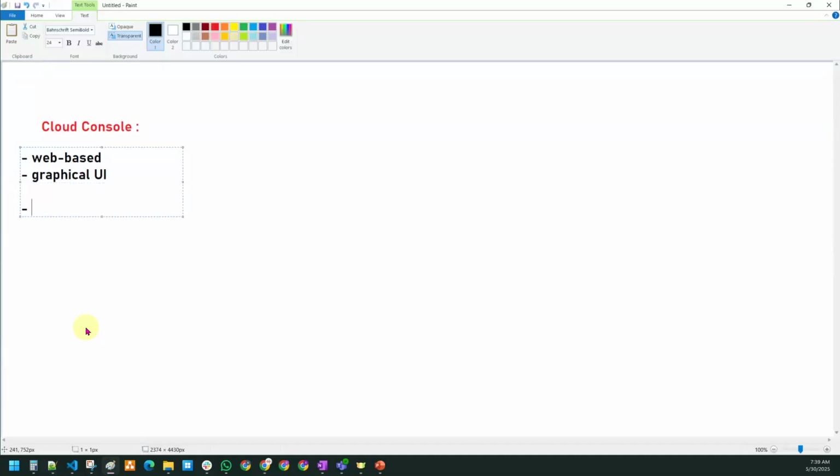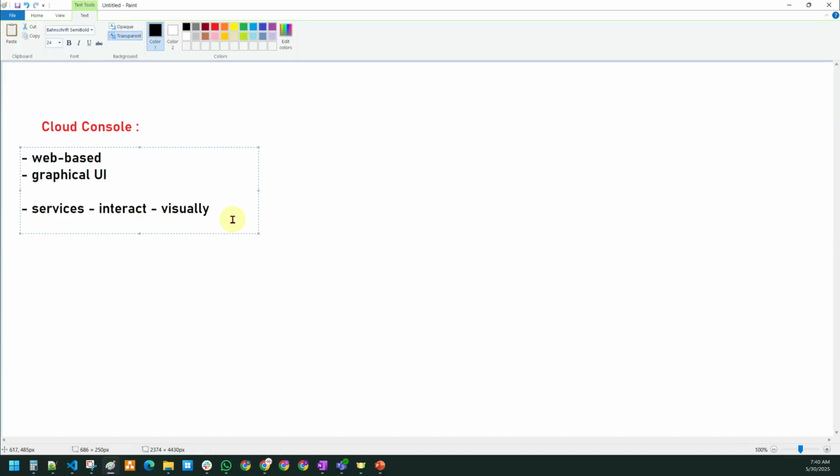Okay, so we have plenty of services in the GCP, and if one wanted to interact with them, you are going to do it visually. So this is what we call a console, everyone. If one wanted to interact with the GCP services visually, in that case, we can go to the cloud console. A console is a web-based graphical user interface to interact with the GCP services.